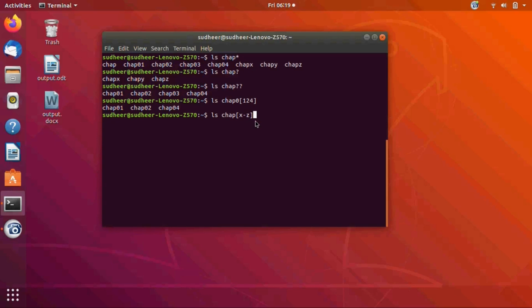This is going to match chapx, chapy and chapz. See the result here: chapx, chapy and chapz.